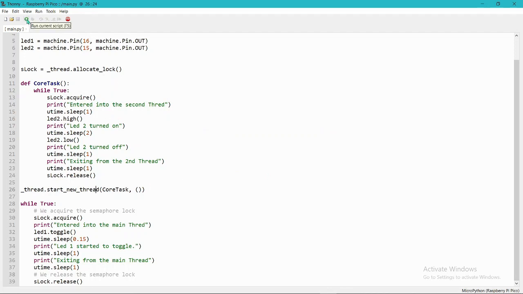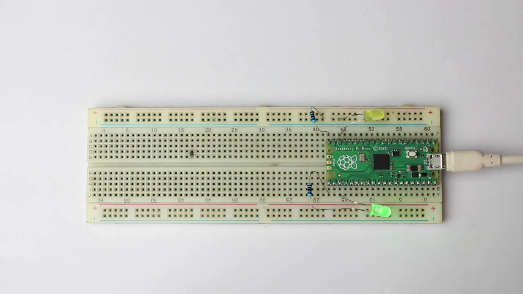Now you can press the run button to run the program on the Pico. But let me show you the hardware first. You can see here that LED 1 and LED 2 are turned on with multiple delays.